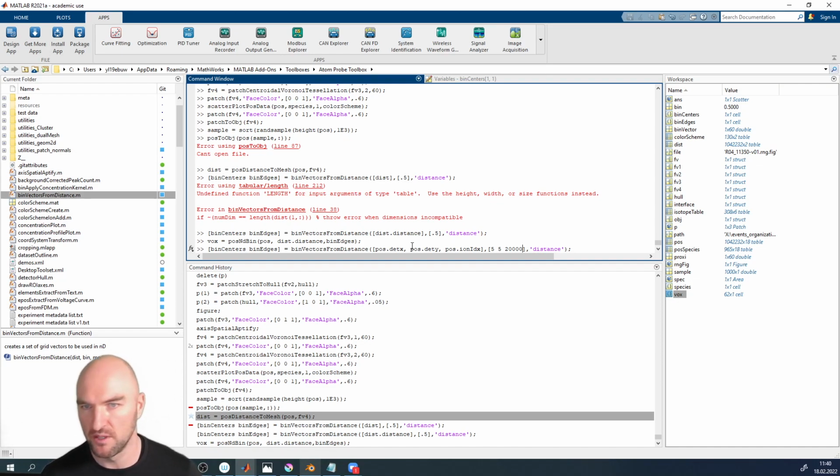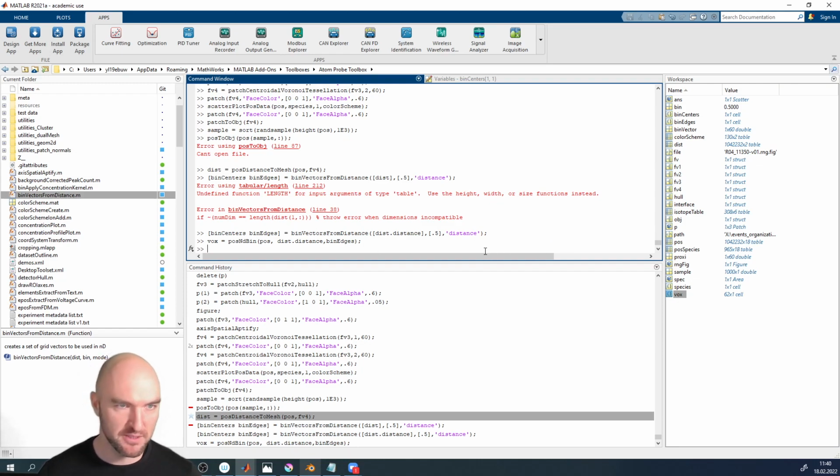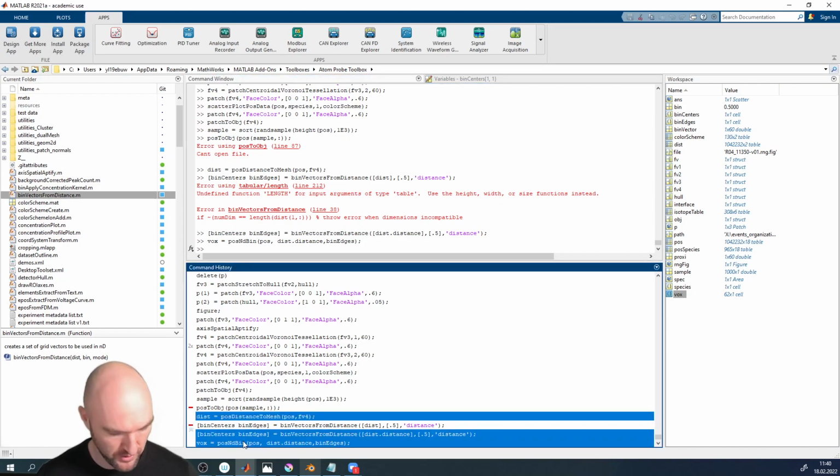Obviously, I'm not going to do that now because we do proxigrams. But you can do voxelizations in detector space. You can do whatever you want. Go do that freely, as you like. Okay, so we've got our voxelization. So the next thing we need to do is we need to have some way to calculate the concentration in there. Some way to calculate the concentration. And let me just give the last couple of commands to you